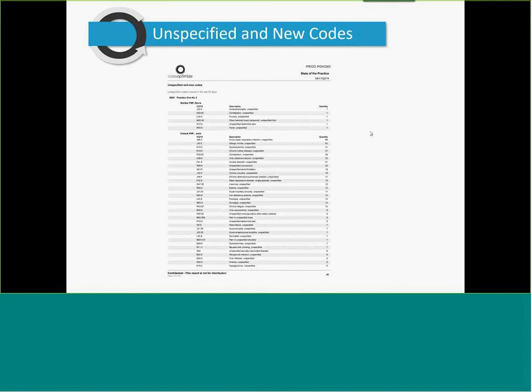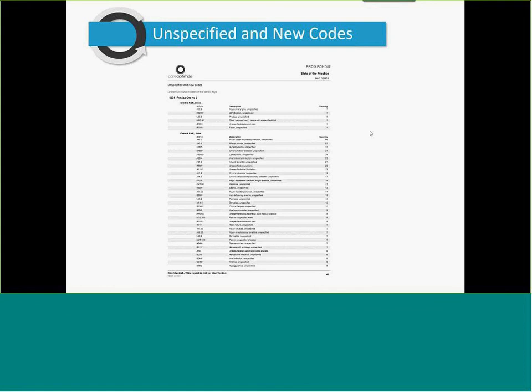Next is unspecified and new codes. These are any unspecified codes that are being used by your providers. It's showing everything in the last year, all the unspecified codes that the providers have used. This obviously affects your billing. A lot of payers will not accept this. I know from my work,